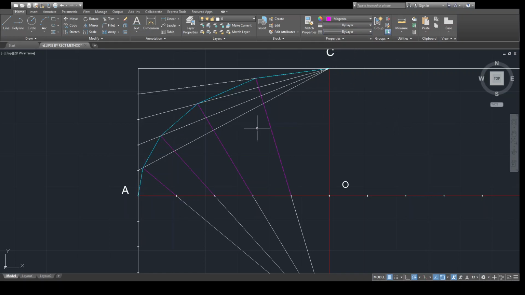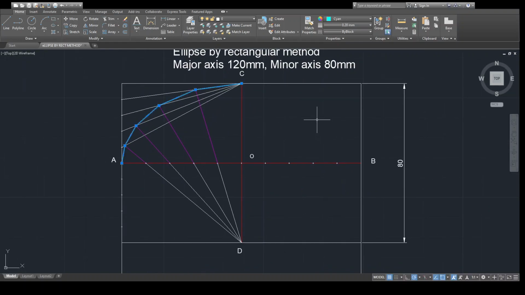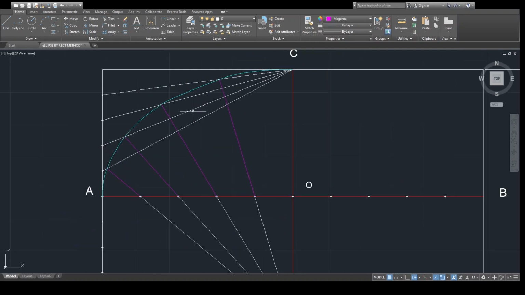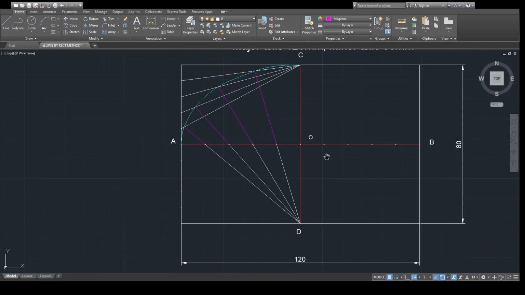Okay, so as you can see here we have drawn the multi-line, but this is not the curve of an ellipse. We will fit to curve. So curve fit, yes, and when we click curve fit, you can see a quarter portion of an ellipse is already over now. By using a similar method,